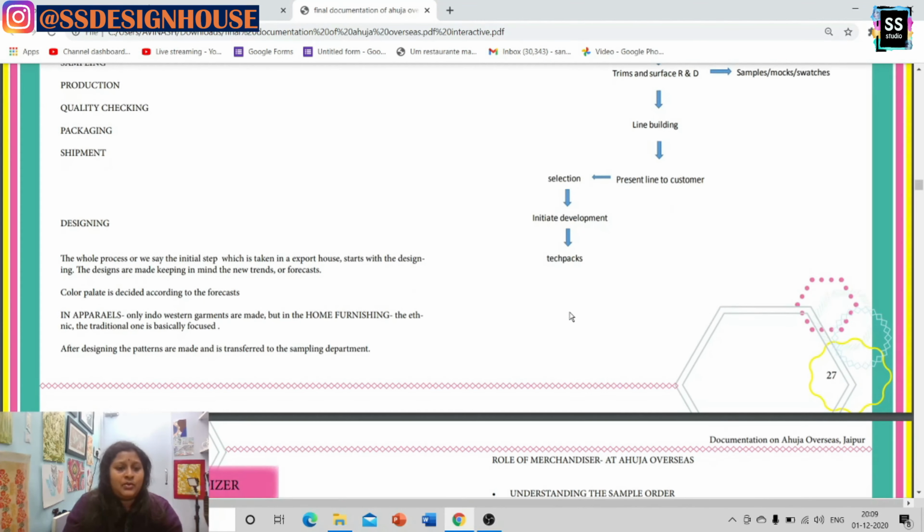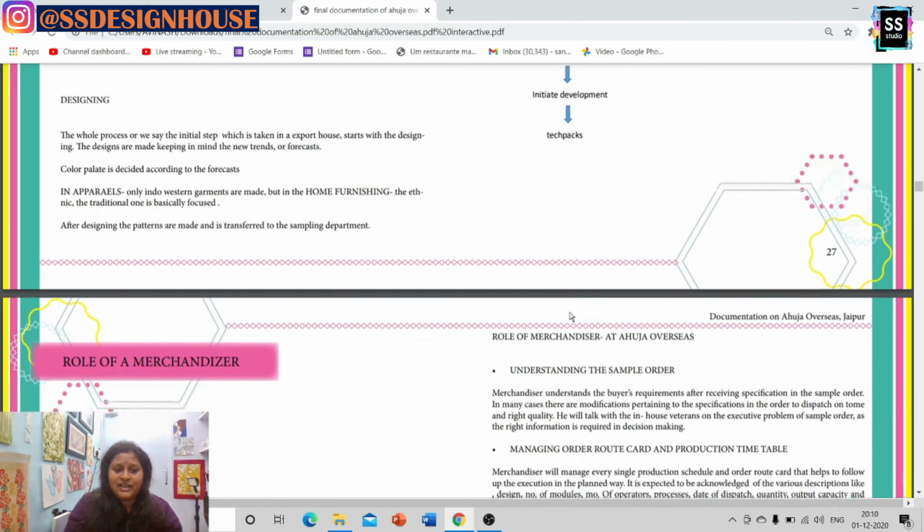Now I have talked about designing, how the color palette is decided both in apparels and home furnishing, and how it is matched with the forecast, and how the color is judged, like is it turquoise or is it teal, because there is a difference between all these colors. So the number is assigned, so it is a very in-depth process. If you are a designer and if you are in third year or second year, your faculty will be giving you knowledge of this.